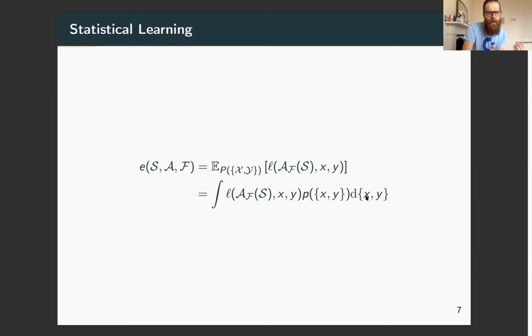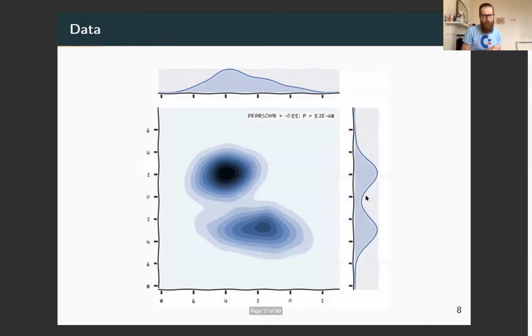Now the first thing that is interesting here is the data distribution. Let's call this the data distribution. It's some data, some distribution, and it looks like this. If I had access to this distribution, everything would be trivial. I've just solved the problem, right? If I know exactly how data behaves, I don't need to do any learning. This is the ideal. This is what we want to achieve.